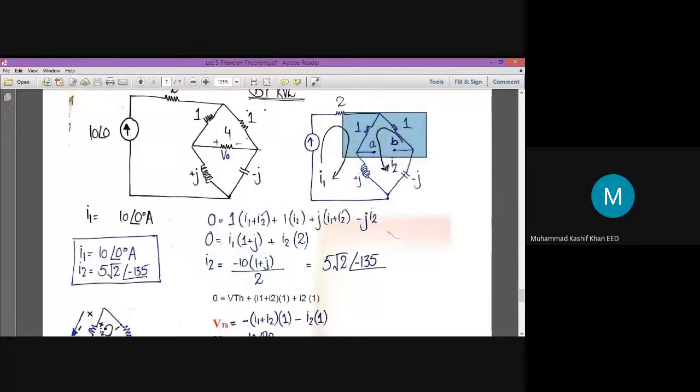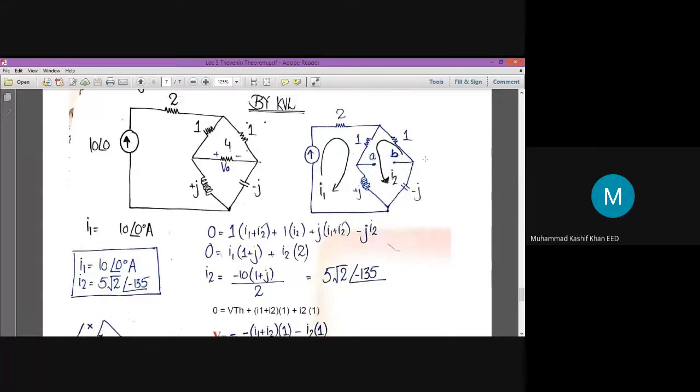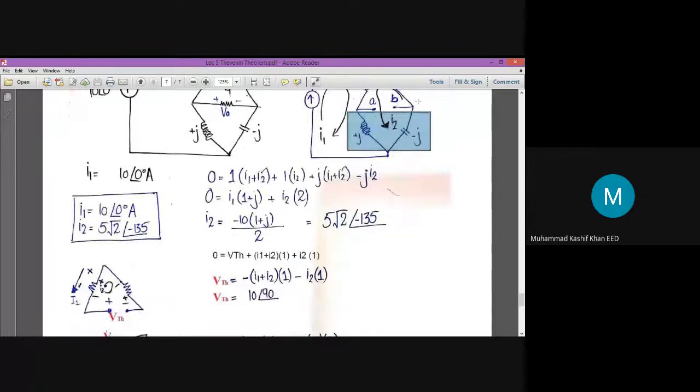Now coming towards the Thevenin equivalent voltage. We have to find the Thevenin equivalent voltage across these 2 points. To find it, you can either select the upper part of the circuit or the lower part of the circuit, because these 2 points are parallel to both the upper part and the lower part of the circuit. The potential drop across these 2 points will be equal to VAB. So you can select either the upper part or the lower part of the circuit. I have solved it with both.